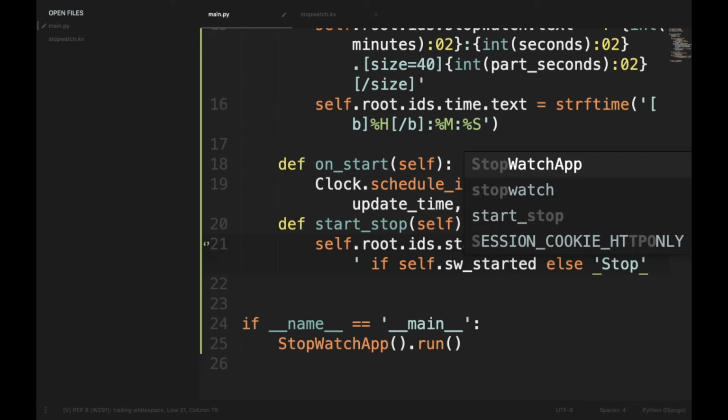What we are doing here is, if the button is pressed when sw_started is true, that is, the stopwatch is running, it will stop, and so the text on it will show start, and otherwise stop.